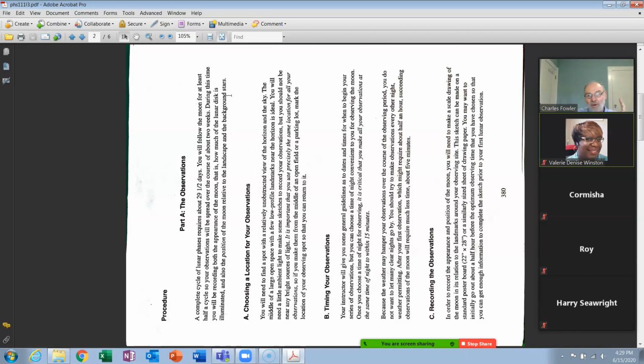So, what are some points in these observations? First, where are you going to make your observation? Like I said, I would go up in my backyard. Not a good choice, but that's where I look at it because that's where I am at 10 o'clock at night. Okay? It would be better if you could find something